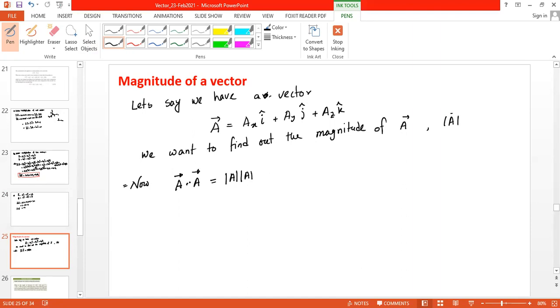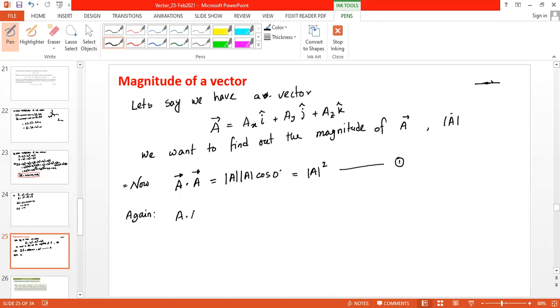And the angle between these vectors is 0 degrees, so this is cosine of 0, and cosine of 0 is equal to 1. And magnitude of A times magnitude of A means magnitude of A whole square. Let me name this equation number 1. Also again,